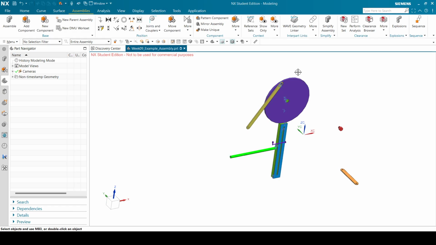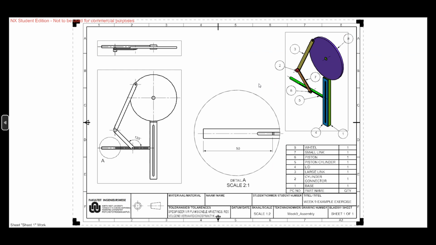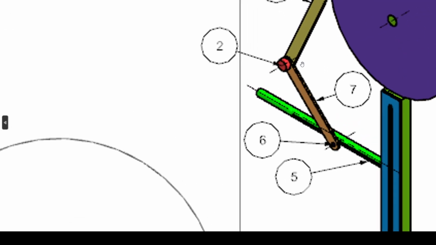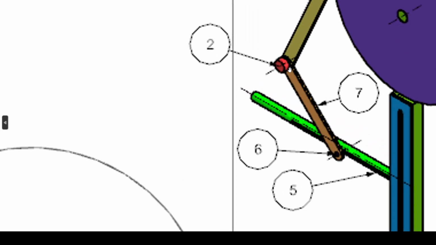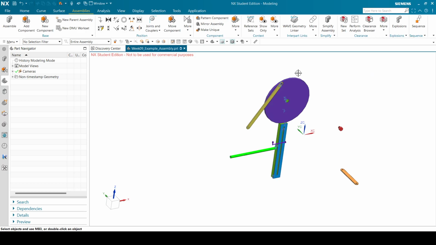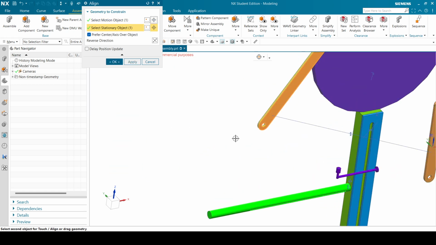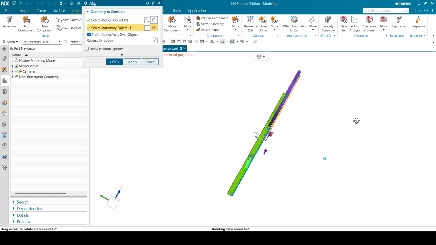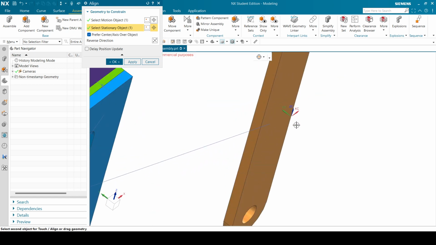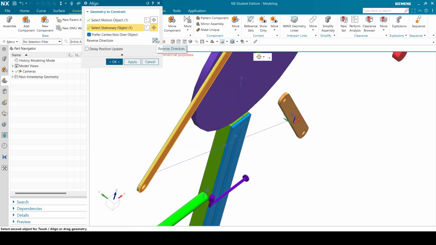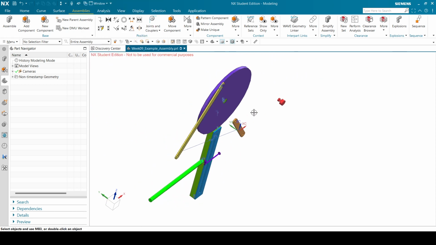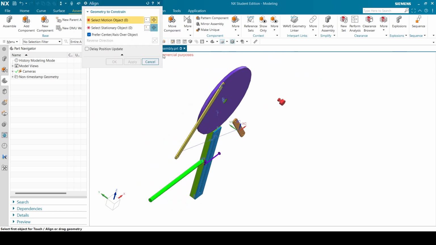So again, just a link. So let's first see which one is in front of which. So here you can see, if I zoom in a bit there, the orange link is in front of the yellow one. So that's what we will do here as well. So I'm going to say align this face and this face. And now you see you did it wrong way around. So I'm just going to say no, the other way around. There we go. Okay. So then we're going to align